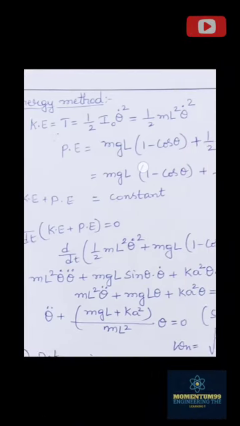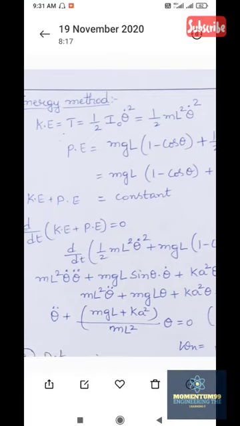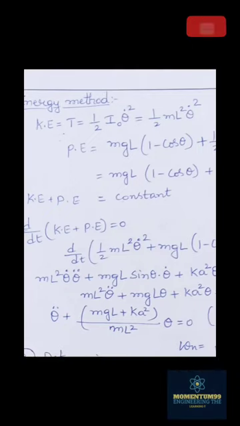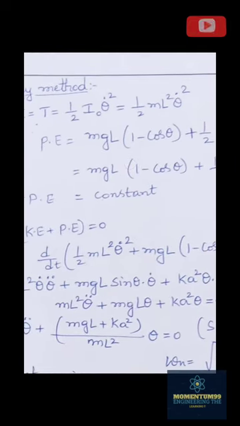Moving on to the second method, energy method. Energy method consists of two energies. One is kinetic energy represented by T, and the other is potential energy represented by V. Now, kinetic energy, the conventional equation we have seen in the previous problem. I have shown you by writing the equation half into mv square.